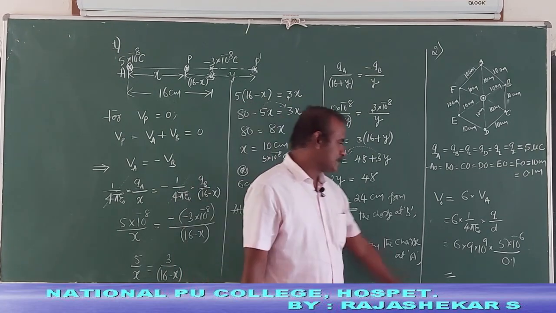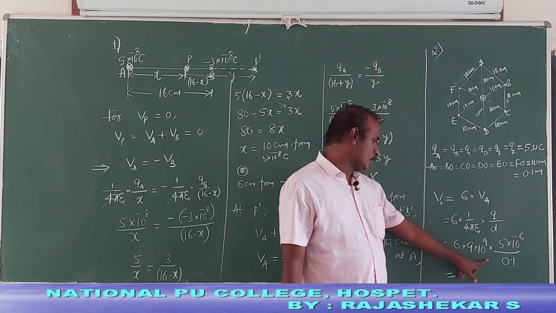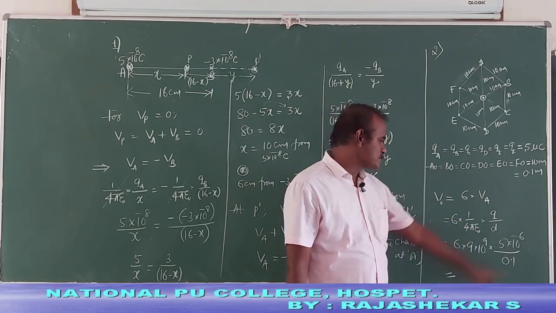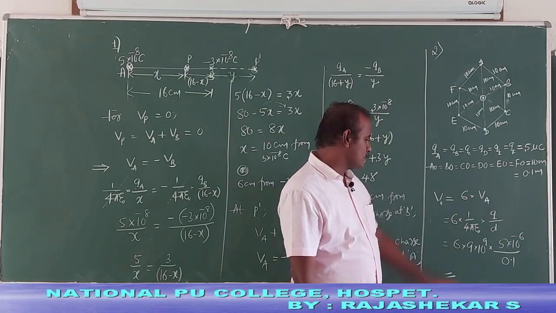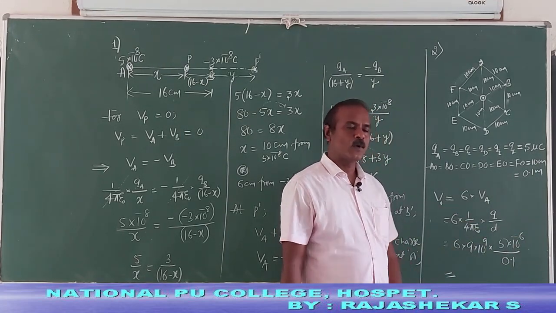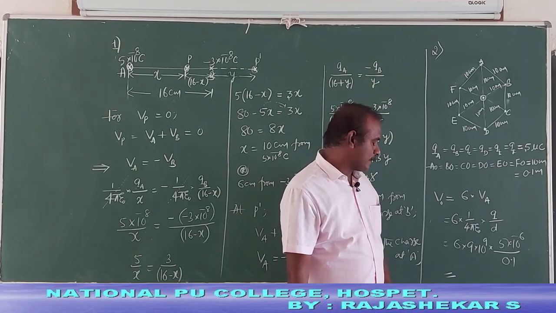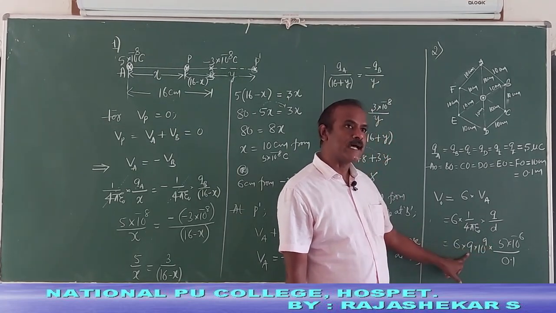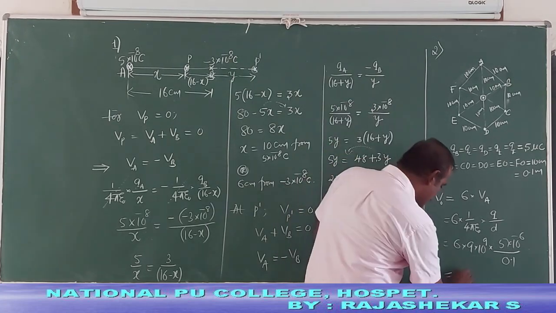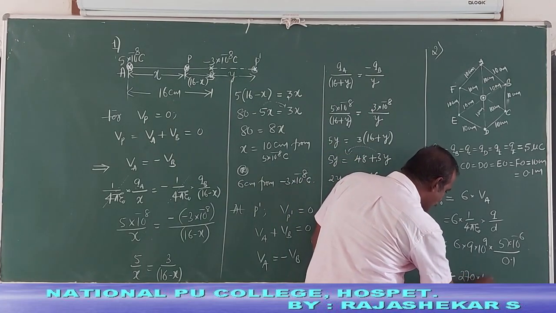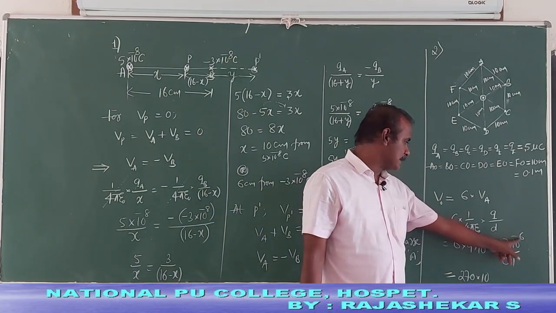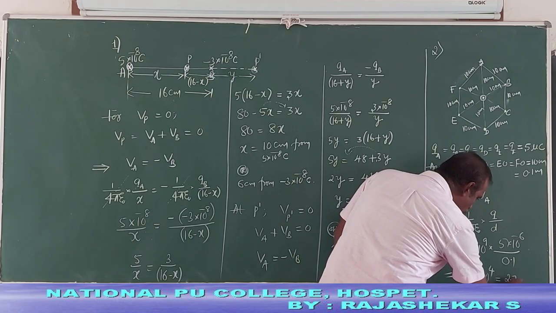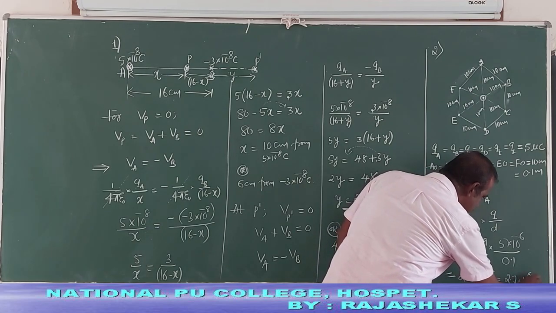Well students, on simplifying this, look at this, 10 power minus 1 goes to numerator, becomes 10 power plus 1. So 10 power 9, 10 power minus 6, 10 power plus 3. So 6 times 5 is 30, 30 into 9, 270. 270 into 10 to the power, here 3 and 1, 10 to the power 4, or this is same as 2.7 into 10 to the power 6 volt.